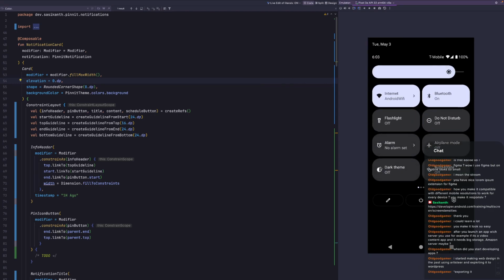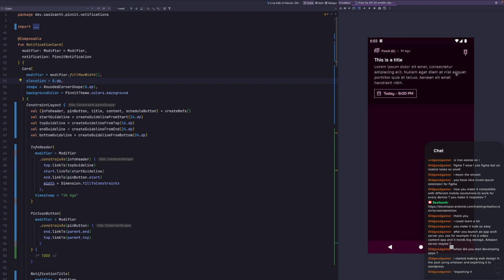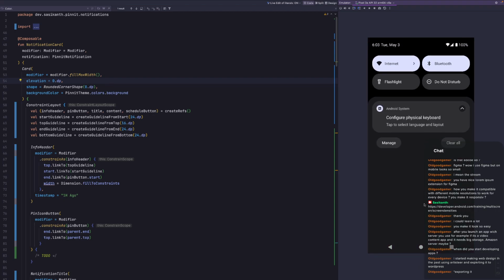What if I switch to dark mode? Will this work? It is. So yeah, I think